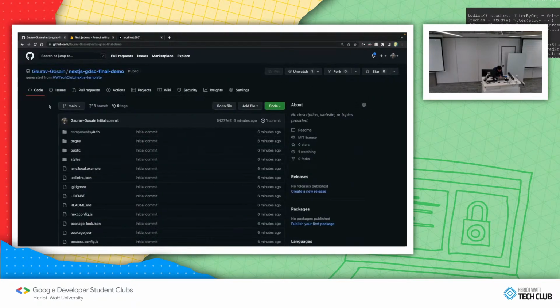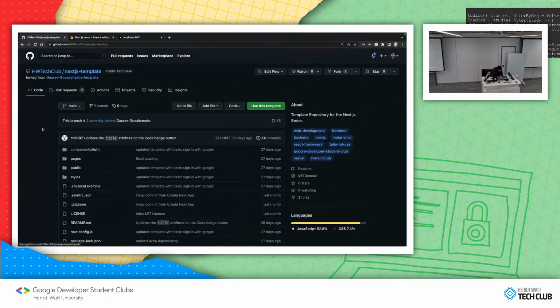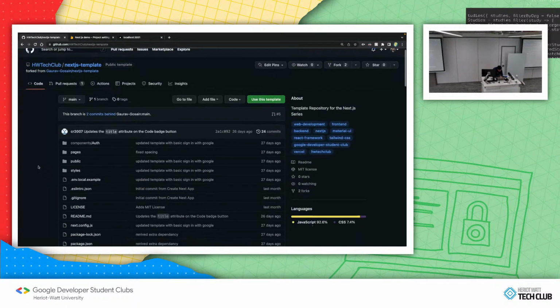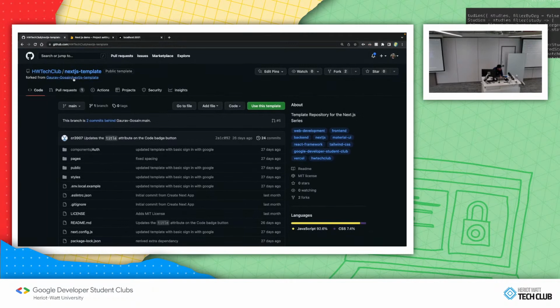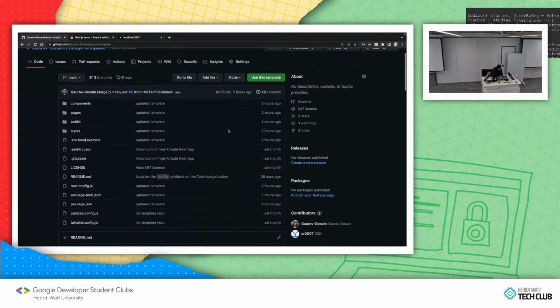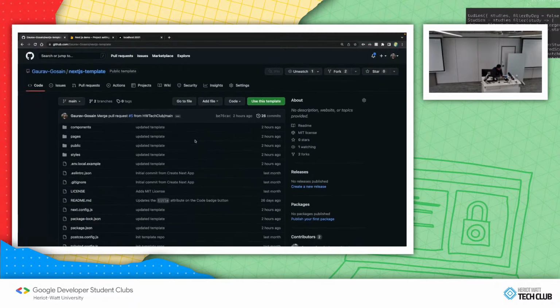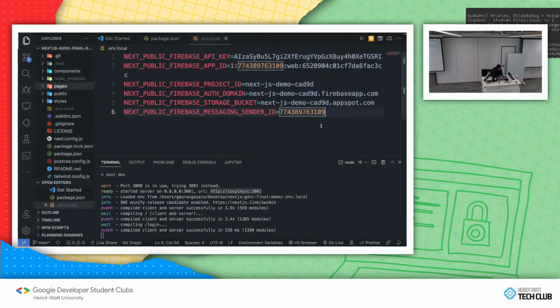Okay, so if we head back to the main template, you can see it's forked from my original repository. If you just click on that, that is the more updated one. You can see it was updated 2 hours ago. The main repository should be updated by the end of the session though. But for now, you might have to head to github.com/Gaurav-Gosai/Next.js-template. Since we'll need the same environment file,